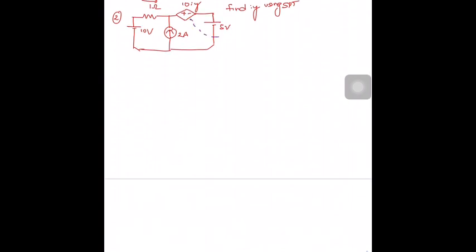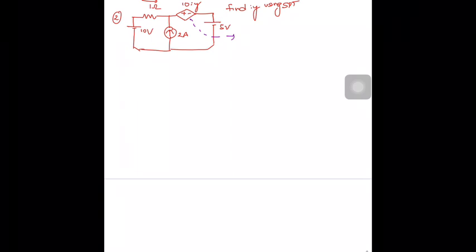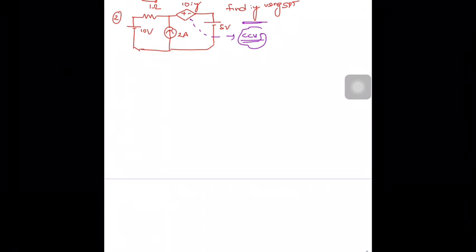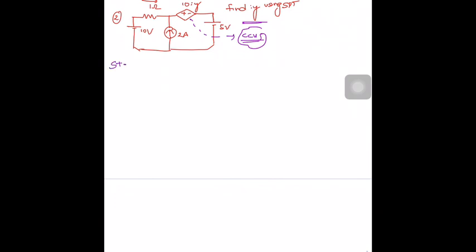The second question in SPT. Here it is a dependent source. Which dependent source is it? Current controlled voltage source. To know about the types of dependent sources, please follow lecture 1, in which I explained in the last 1 or 2 minutes the types of dependent sources. So now we are asked to calculate I1, right? Yes. So what are the steps, students? Step 1. Here, for example, I1, using SPT.